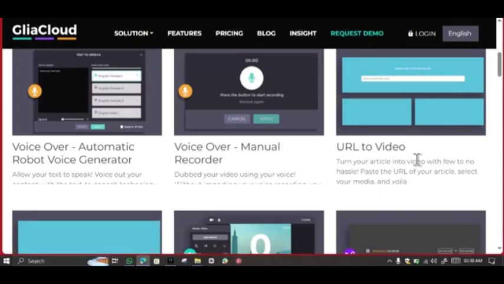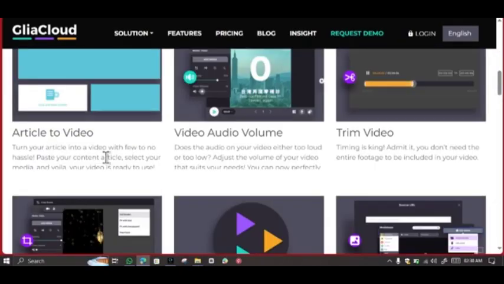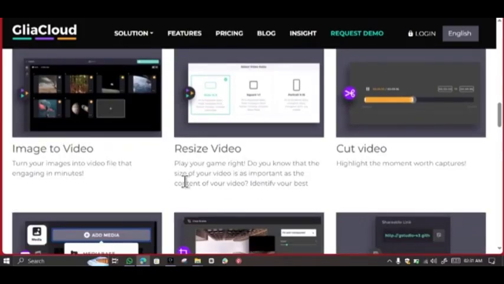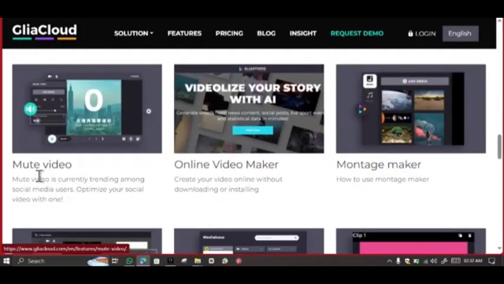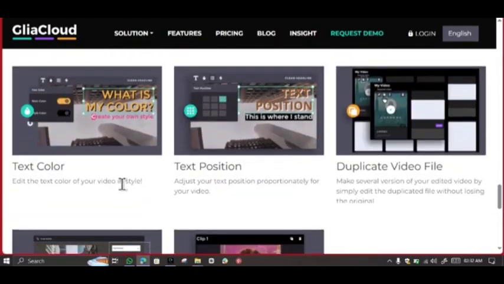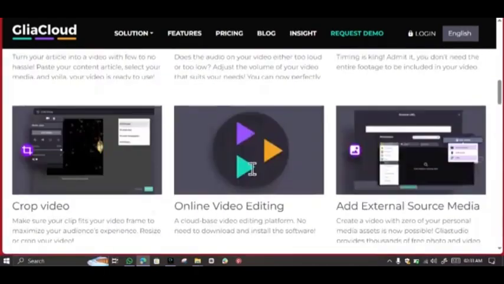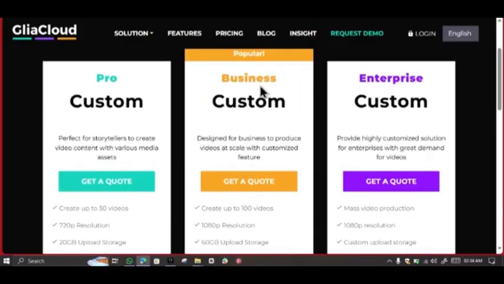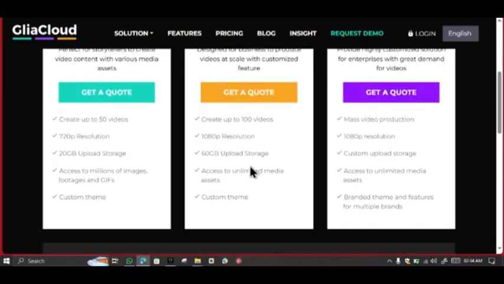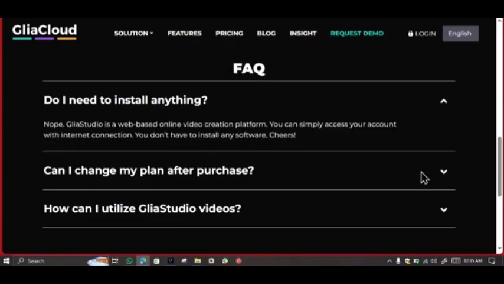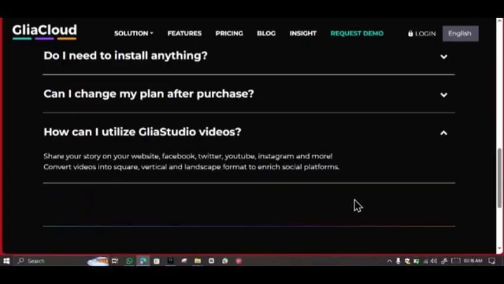GliaCloud, that is GliaCloud, versus Whale.io, the ultimate AI video creation showdown. Are you struggling to choose between GliaCloud and Whale.io for AI video creation? We've got you covered. In just a few minutes, we'll break down the key differences so you can pick the best tool for your needs. Let's dive in. When it comes to their AI voice video creation, GliaCloud turns articles into videos, while Whale.io has